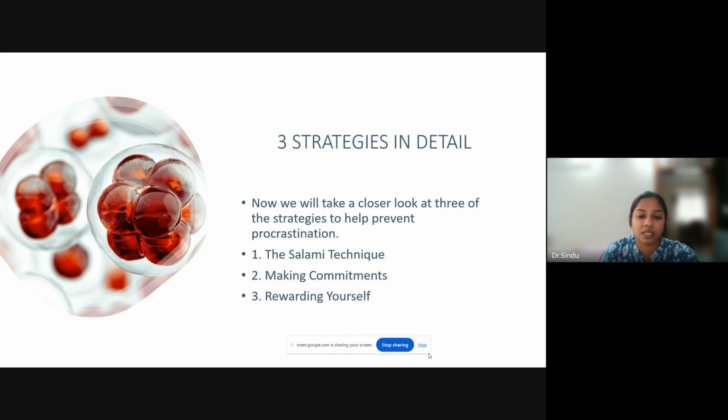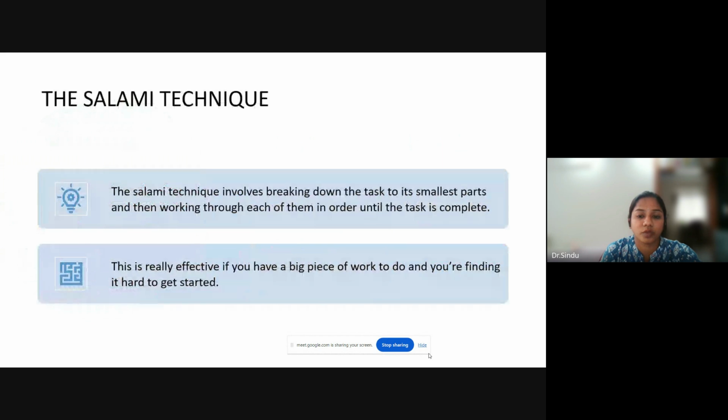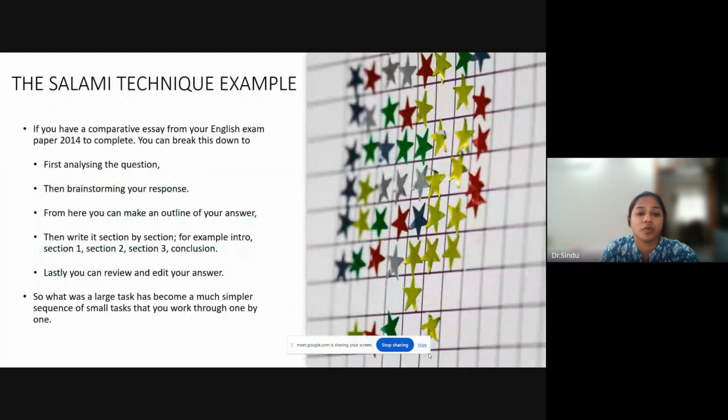One is the salami technique, which we already discussed. Then making commitments, rewarding yourself. Here in the salami technique, there is one example. If you have a comparative essay from your English exam paper 2014 to complete, you can break this down